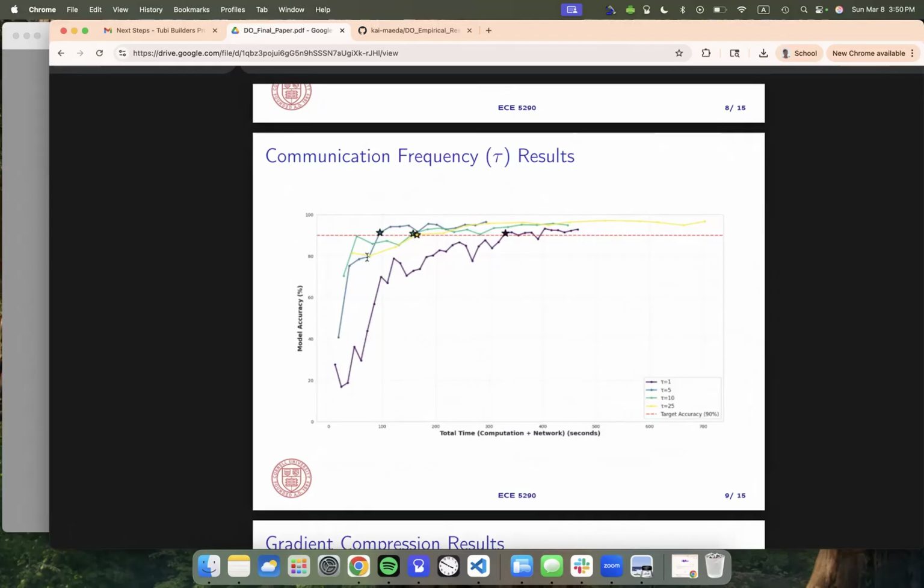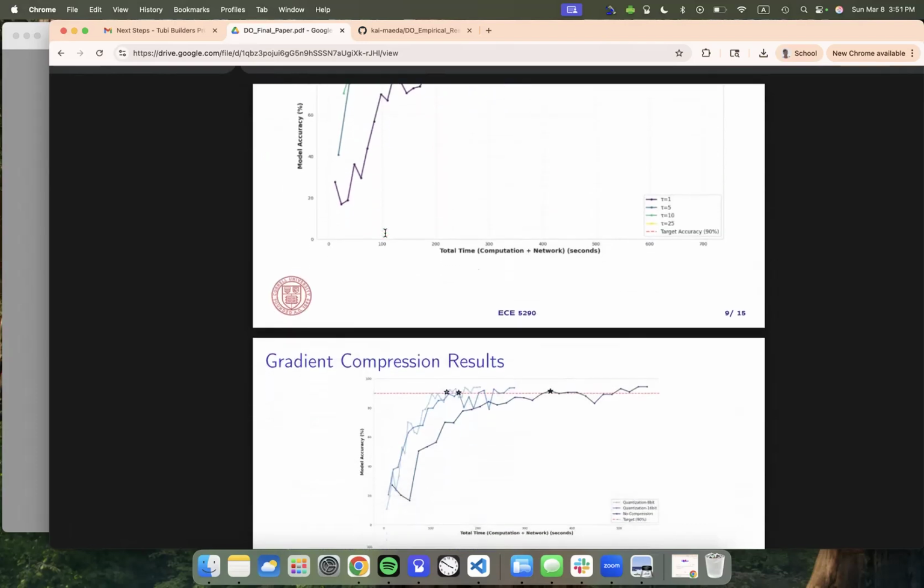But if you have too many workers per round, there's a lot of communication overhead that comes with this, and it becomes way too slow to converge to our target accuracy, which we chose 90% here. We also did it on the MNIST dataset, which is just an image classification task on digits. And right here we see the optimal rounds was tau equals 5.